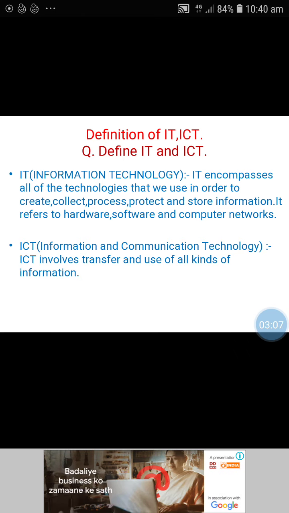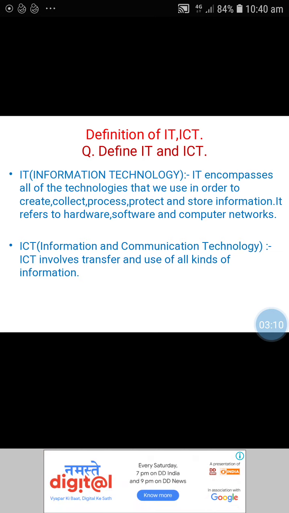From these two concepts, in the exam they will ask you the question: define IT and ICT. So you have to give the answers like this. What is the full form of IT? Information Technology. It contains hardware, software and computer networks. IT encompasses all of the technologies that we use in order to create, collect, process, protect and store information.